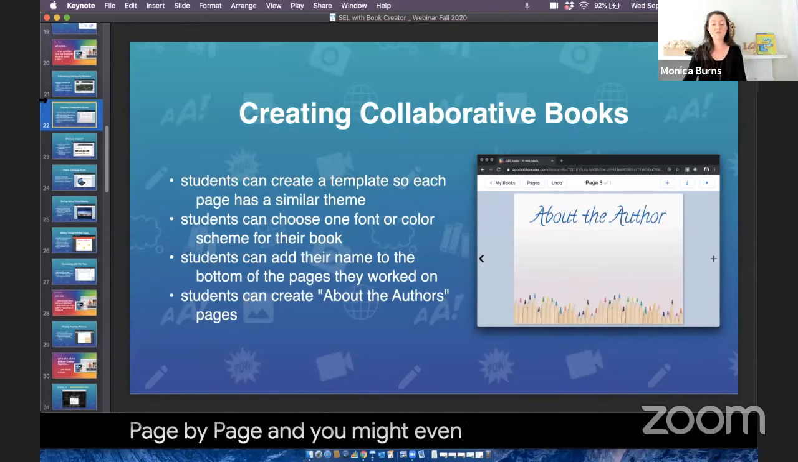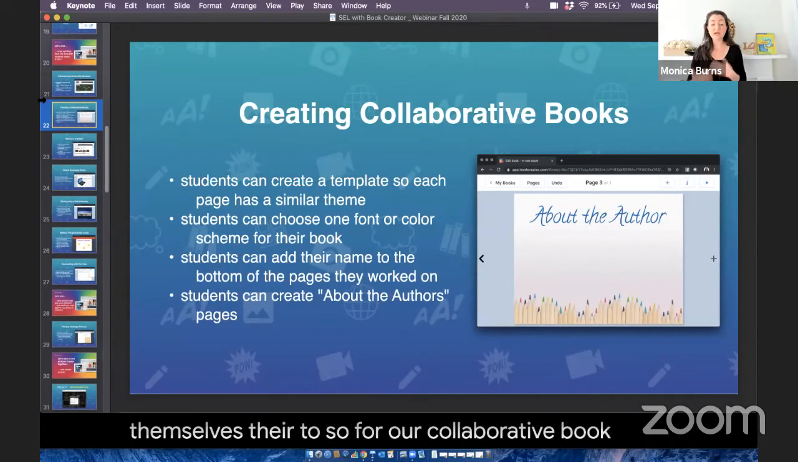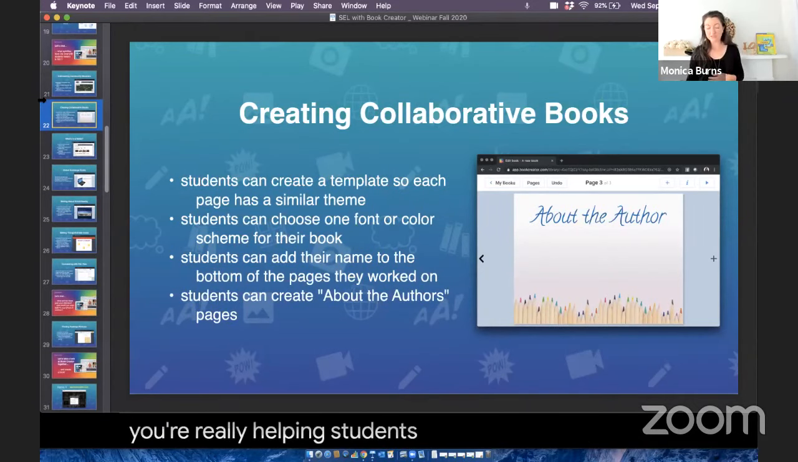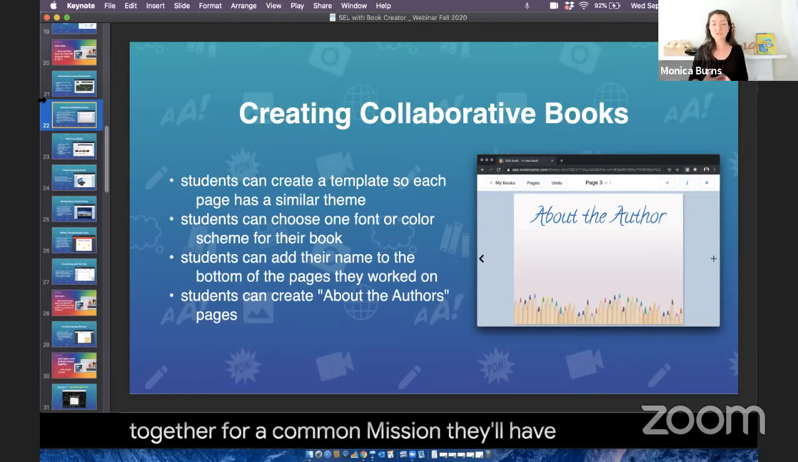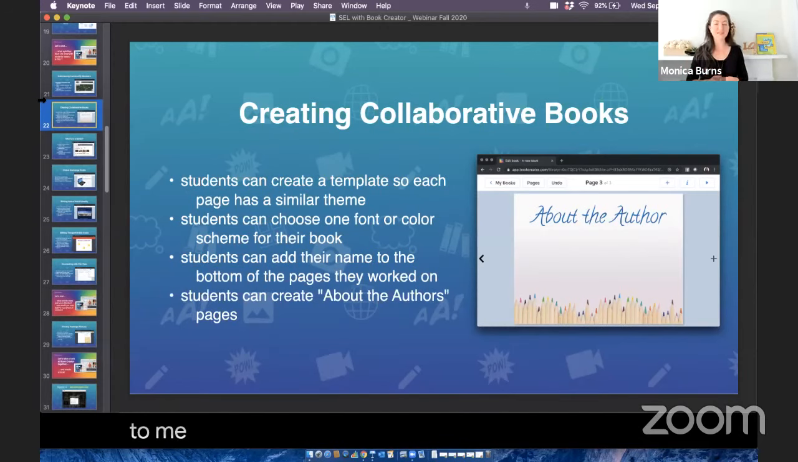And you might even have students add their name to the bottom of the pages they worked on. So students could create an About the Authors page where they all put a little bit of something about themselves there too. So for a collaborative book, you're really helping students understand what it's like to be part of a group. You're asking them to work together for a common mission. They'll have to listen to each other, evaluate the opinions of others, pull a whole bunch of different things together